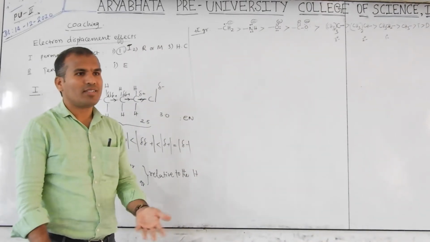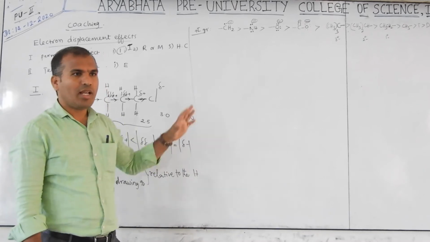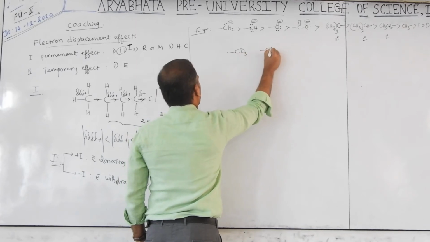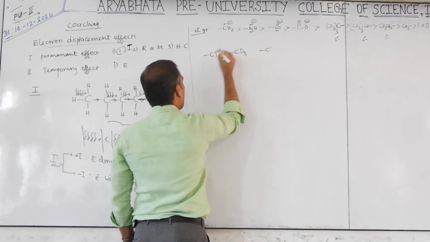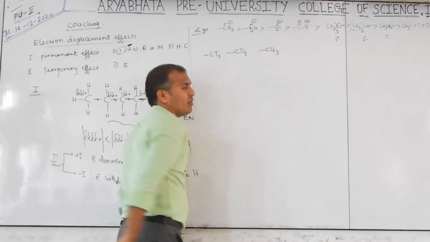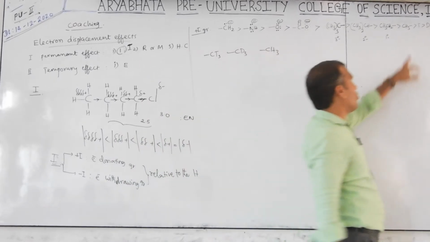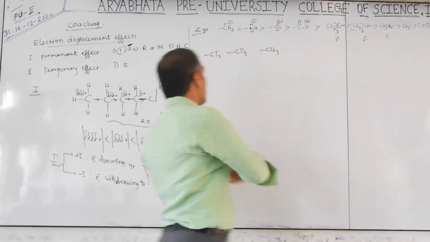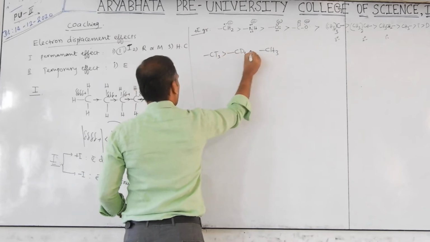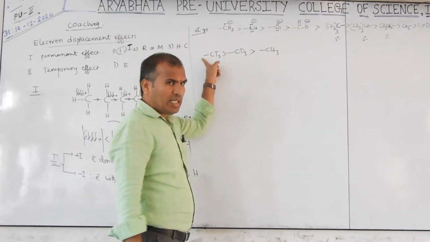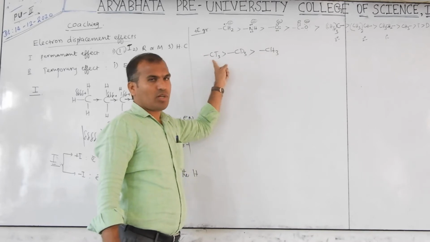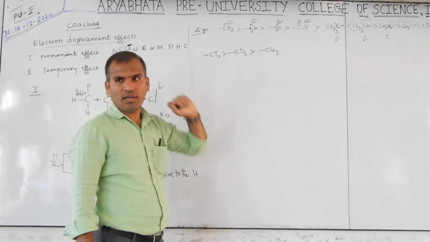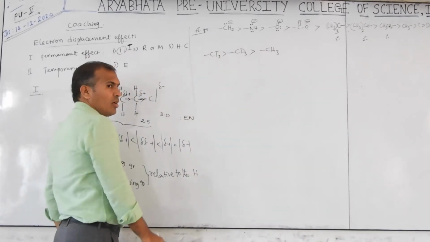Then you have to remember this order. If you do not remember, you will not be able to answer any other questions based on inductive effect. Again, like this: CD3, CT3, CH3. Now we know which is the more donor, tritium, deuterium or hydrogen. Tritium. Then here also, which is the more donor? CT3, CD3, CH3. This is more donor, this is less donor. This is separate, it does not come under that order. This is a separate order.